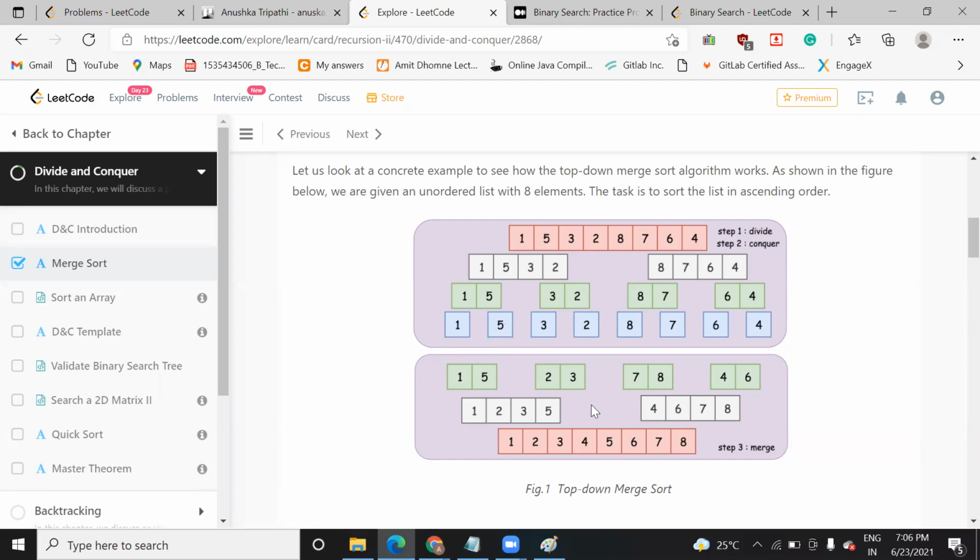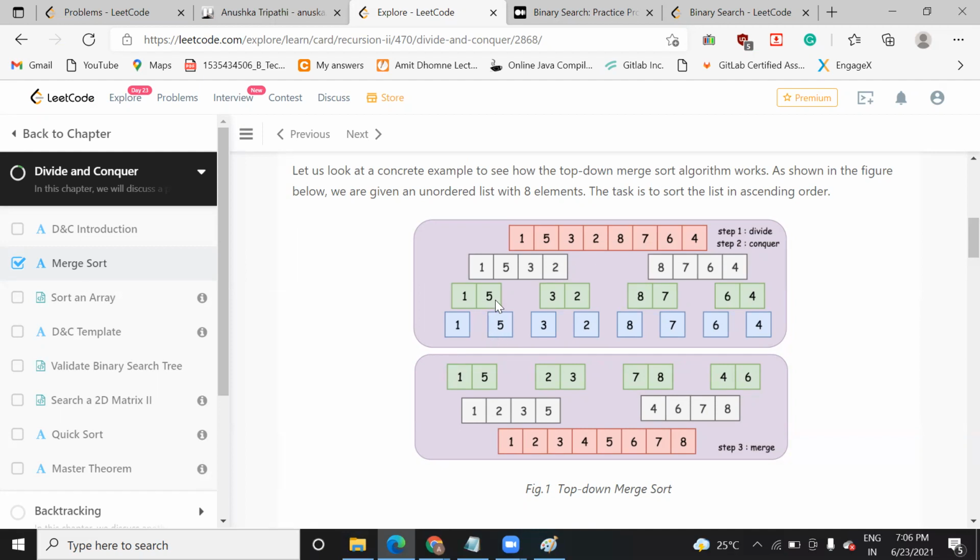Like here you can see this. I don't know, the way they have explained it, it doesn't make sense to me. What do you mean by that? I mean, 1 5 3 2, they have divided into two sets, then each of the four cells they have divided into two, and then they have just separated it. But then again, they have combined it, and then combined these two, and then sorted. They could have done that after the first step itself. No? Here, how will they do that? Can you tell me?